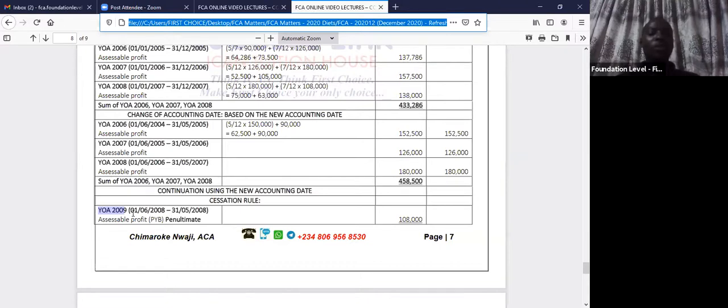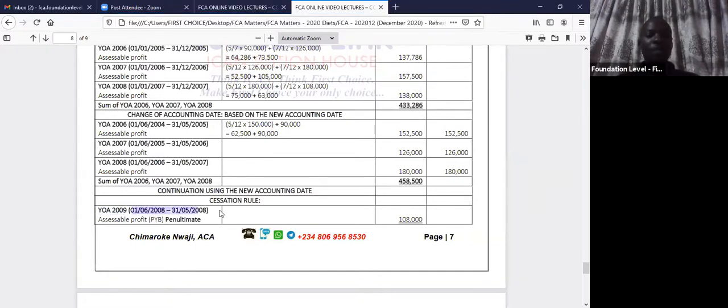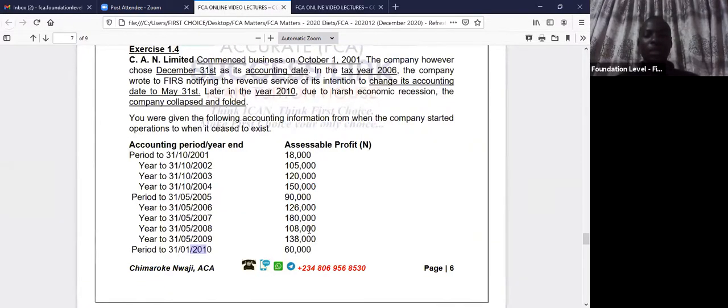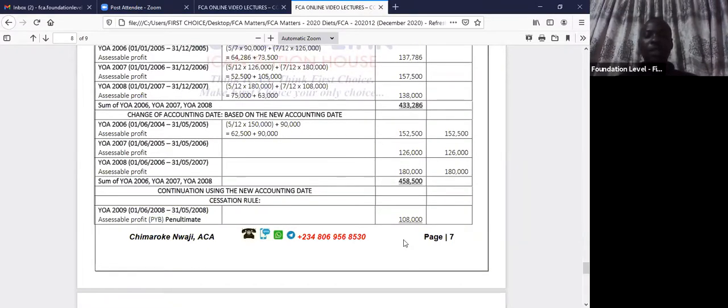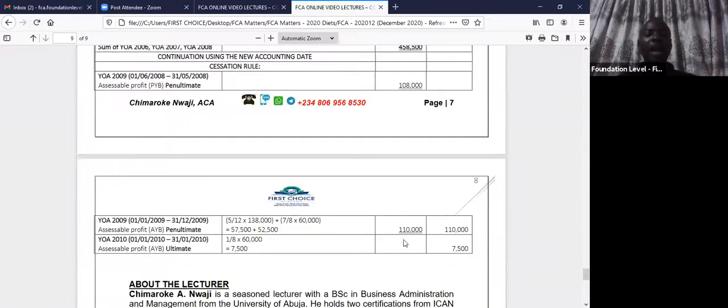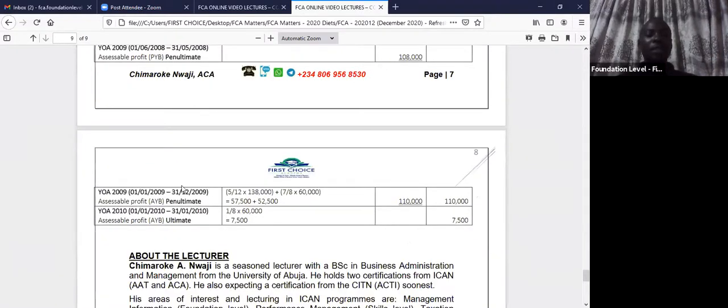We are going to use preceding year basis. By preceding year basis, we are doing it this way. Everything ending in this May 31st, 2008. It was given to us. Is this 108 here? And that's it here. But the law says you are going to compare it with the actual year basis.